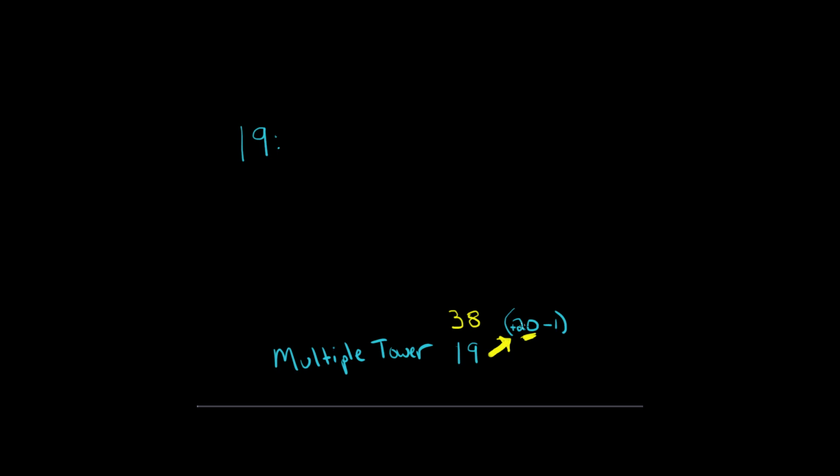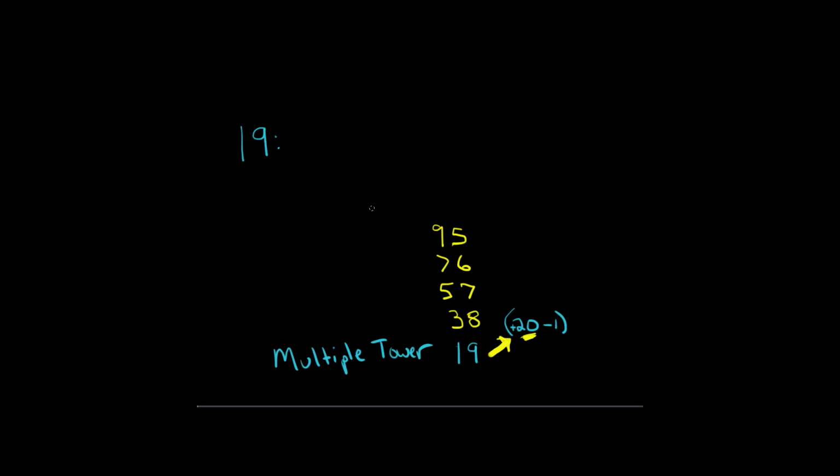38 plus 20 is 58, minus 1, 57. So we can kind of go quickly. 57 plus 20 is 77, minus 1 is 76. Okay, and 76 plus 20 is 96, minus 1 is 95. So as you can see, by using this strategy, I can write down the first 5 multiples a lot quicker